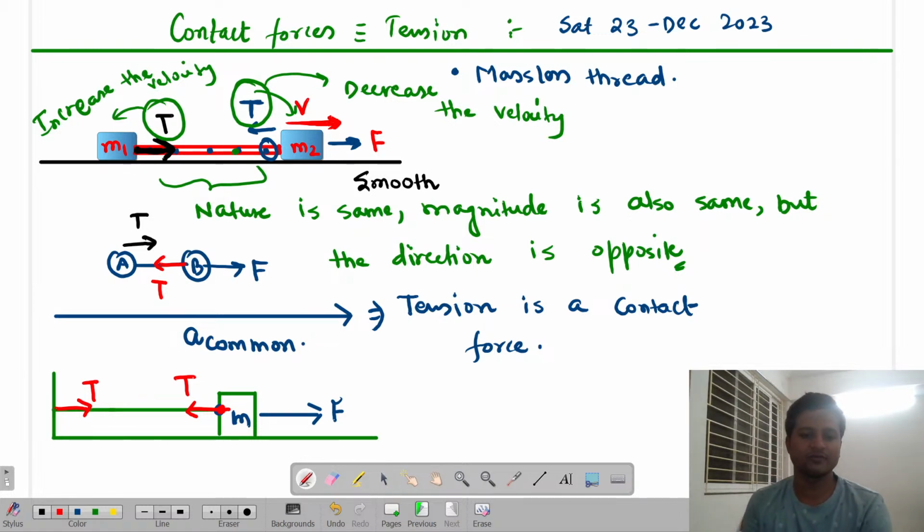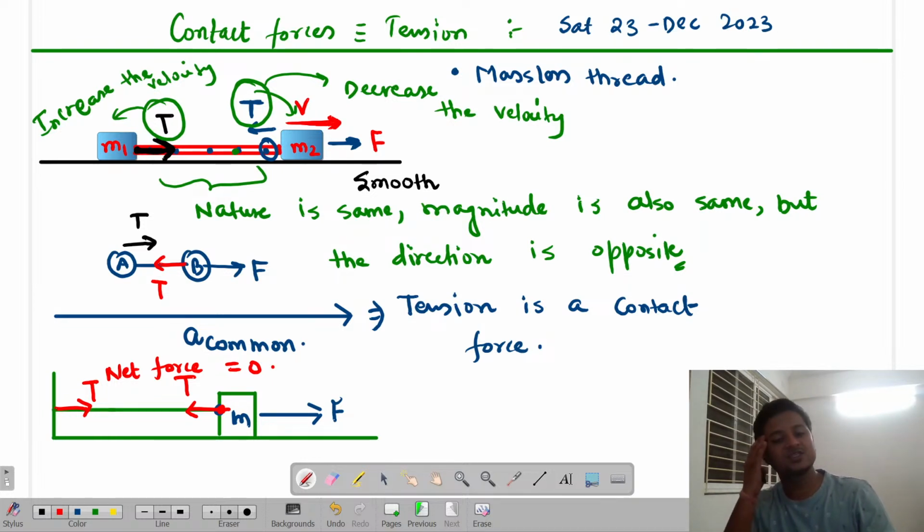To balance that, so that the net force on this thread becomes how much? Also zero. If the net force on the thread becomes zero, only then will they move with a common acceleration. Are you able to get me or not? Yes, but the wall will definitely move, but still the tendency of the particle will be the same, or not? Wall will never ever move. Are you able to get me?